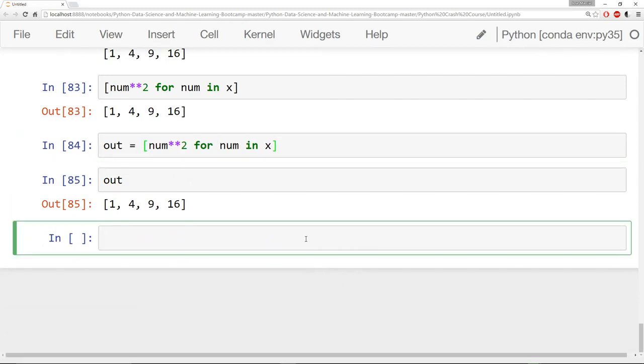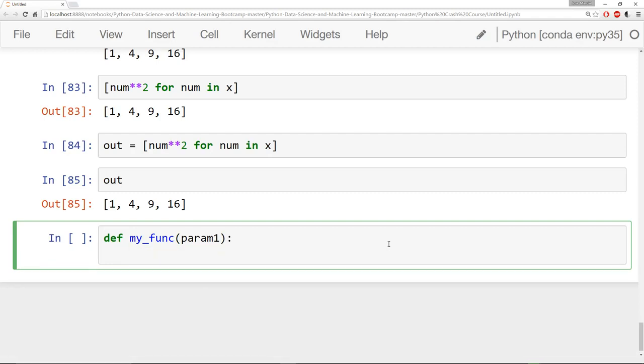Functions allow you to not have to continually write code over and over again. You can just write it inside of a function and then call that function itself. The keyword for a function is def. And def allows you to define a function. You'll say def, space, the name of your function. So we'll call this my_func. And functions should start with lowercase letters. Then you pass in the parameters you want, such as param1, colon, and then you'll execute some sort of code. So we can say, go ahead and print